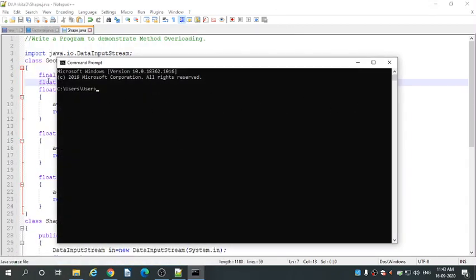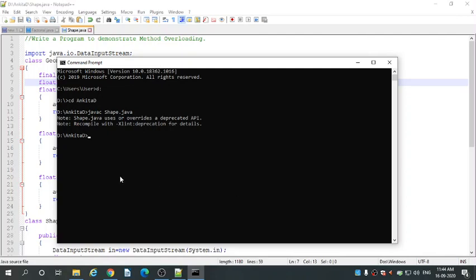You can see here we are in C drive. We have to move to D drive, so D:, then cd Ankita D. This helps us to enter the folder where we have already saved our program. Okay, so cd Ankita D, enter. Now the compile command is javac followed by the program name, that is shape.java. Press enter.